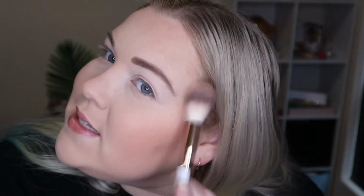My face is now set because this is a powder, and it has showed up really nicely on the skin, so impressed with that last color. It's now been about 6.5 hours since I applied the blush, and it is still looking really nice. I've done a lot of packing. If you notice behind me, it's now empty, and it still looks really good, almost like I've just applied